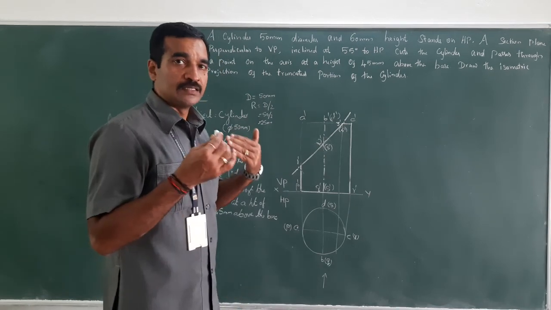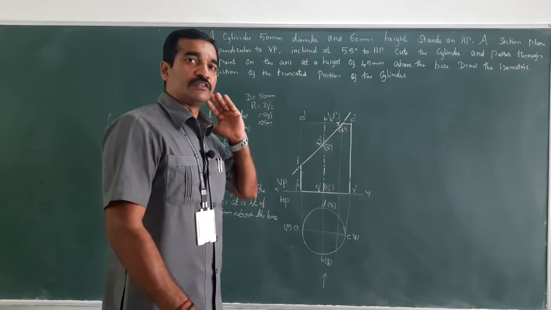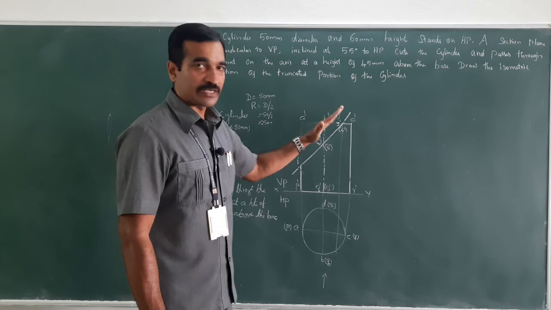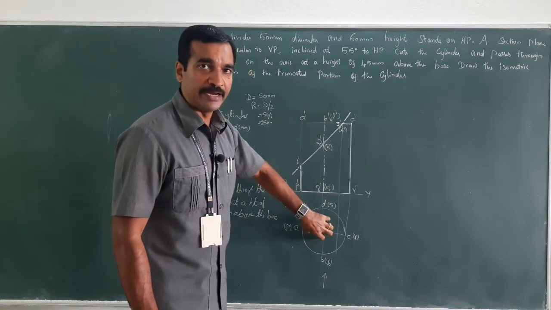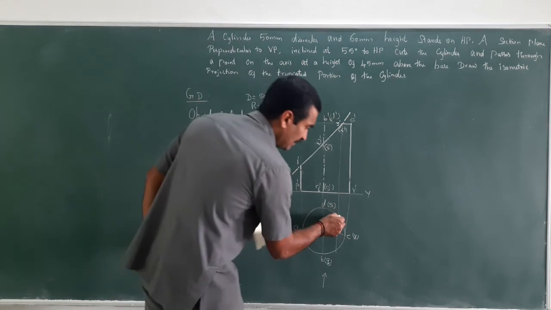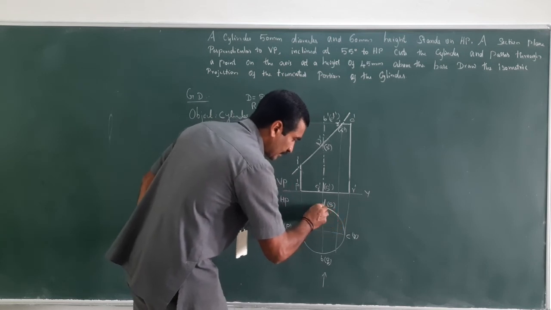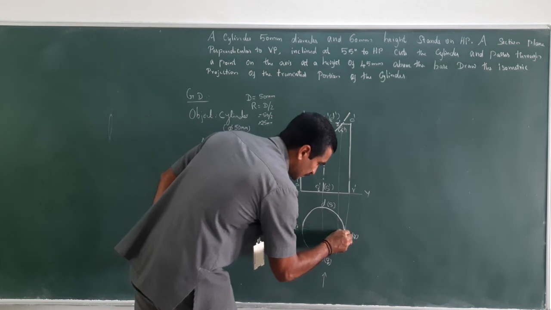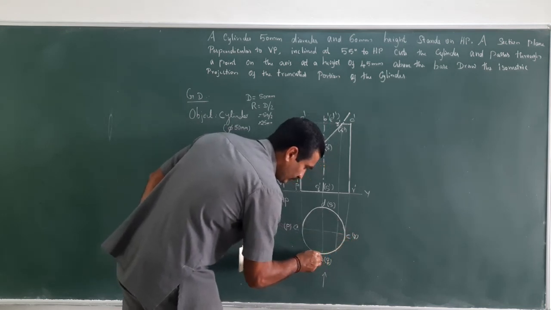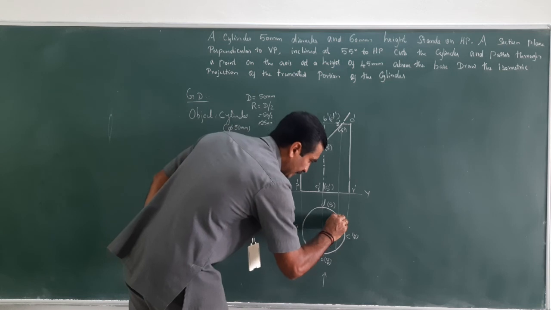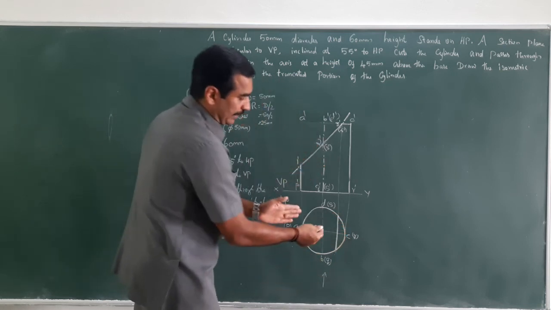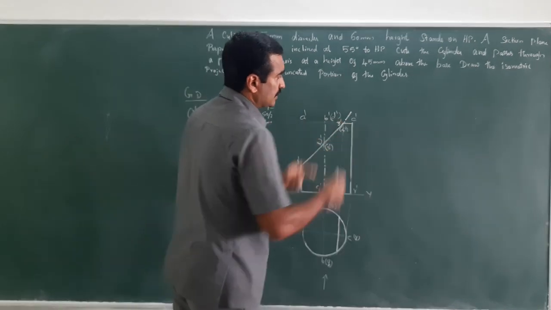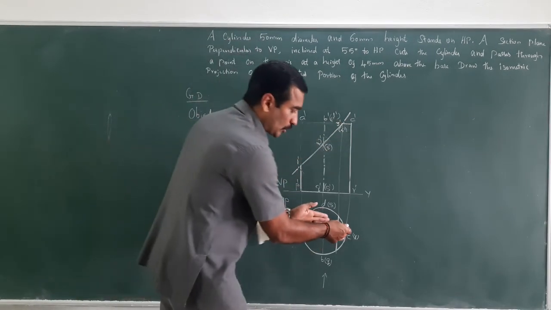Now which one is removed, which one remained, and which one is section? This is the removed portion, this is the remained portion, and the section plane is used. So the cut is made here, isn't it? So draw the circle as dark. By using the compass, draw the circle and draw this line. So up to here, this section plane is used. This has not been cut, therefore you need not hatch this portion.